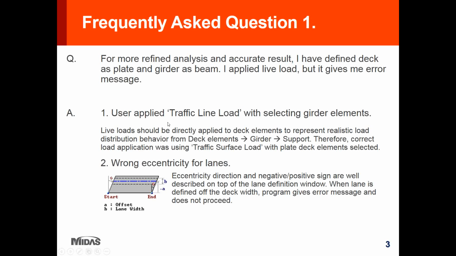First, the user might have applied a traffic line load by selecting girder elements, while the deck element is already defined with a plate. For plate elements, traffic surface load needs to be used,